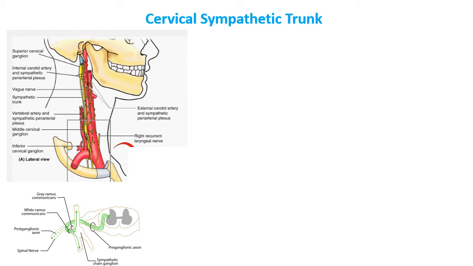Now, what is this sympathetic trunk doing? The sympathetic trunk is transmitting the sympathetic information from the spinal cord, that is the sympathetic outflow from the spinal cord, to the peripheral nervous system, to the various components of the spinal nerves, and from here it's being distributed to the various structures. What are the structures which we want to innervate? We want to innervate the skin, the sweat glands, and the blood vessels of the skin.